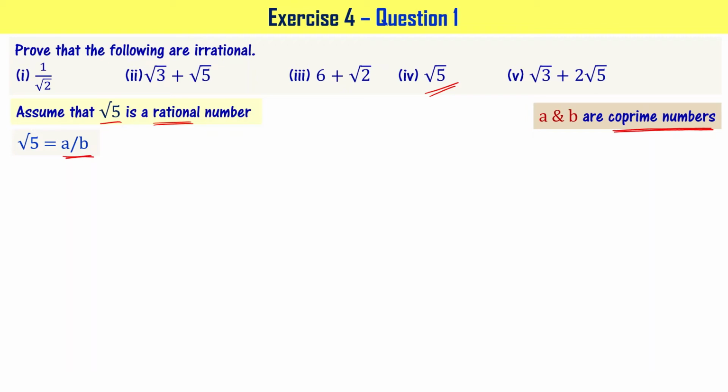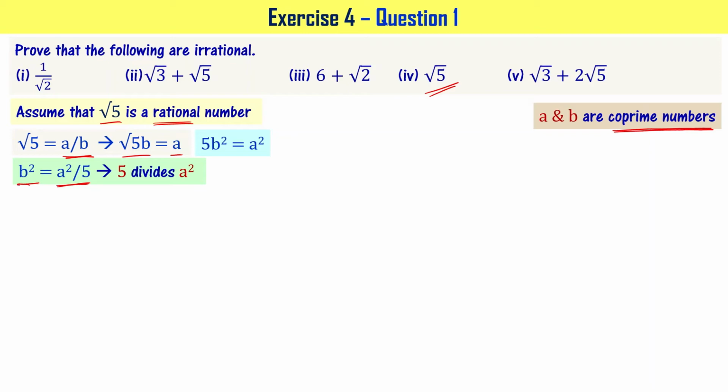Please note this. Let me rearrange this particular equation. Square root of 5 equal to a by b. That can be written as square root of 5 times b equal to a. If I take square on both the sides, it becomes 5b square equal to a square, right? I can rearrange this equation such that it can be written as b square equal to a square by 5. We said that b is an integer.